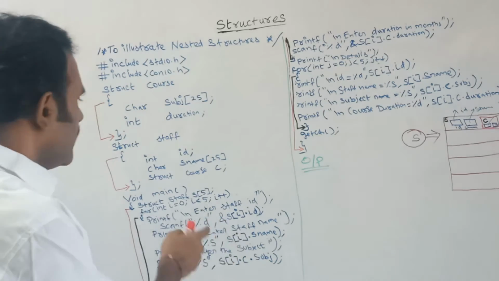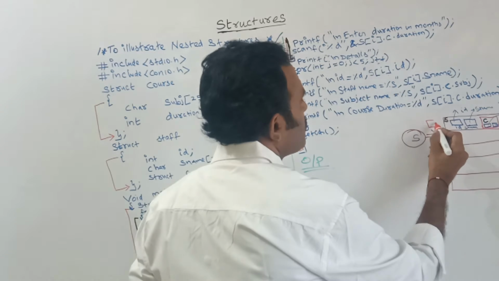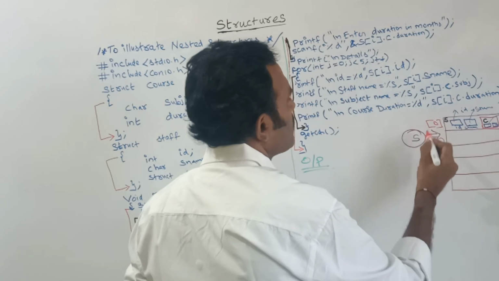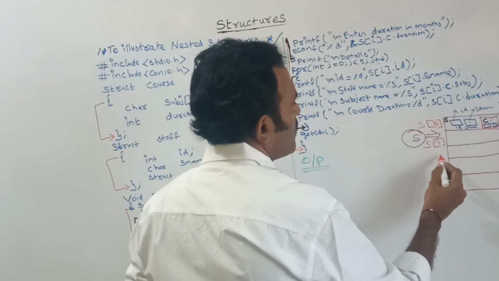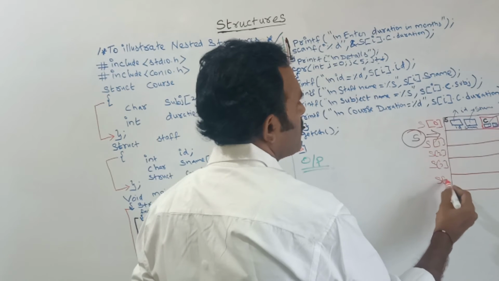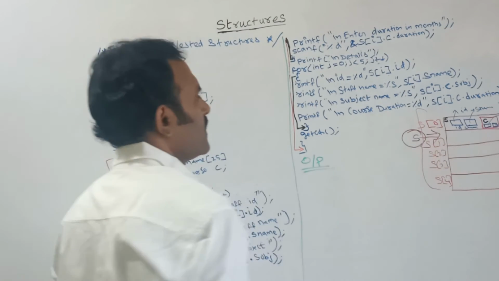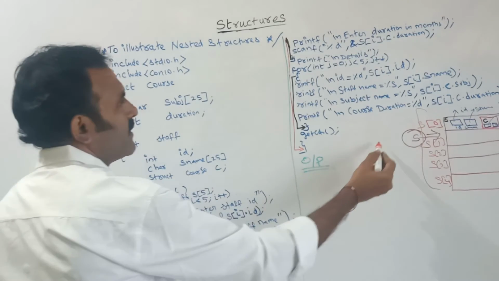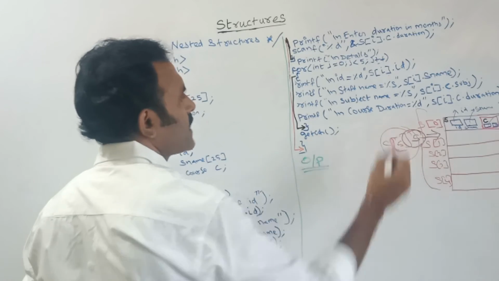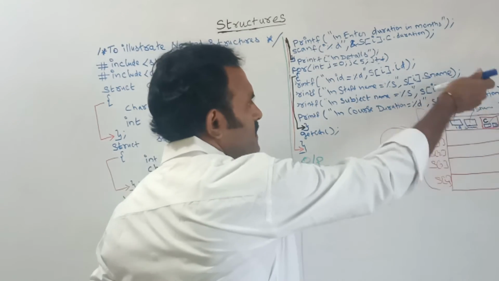Say this is an array, I have declared it as 5. So this one subscript is s of 0th position, s of first position, s of second position, up to s of fourth position. Totally these positions were allocated for s, so that is why we created it as s of 5. So each and every location has the same structure.